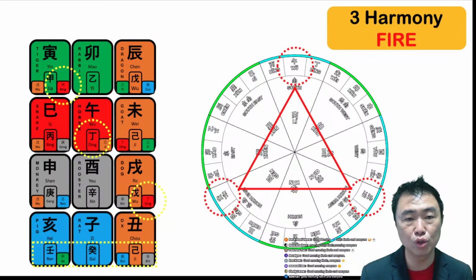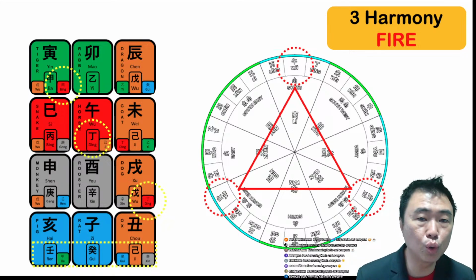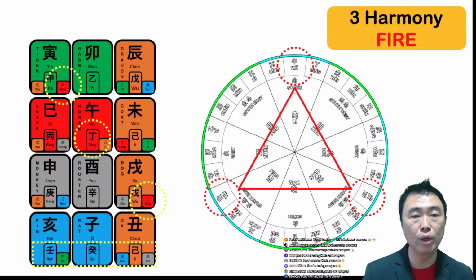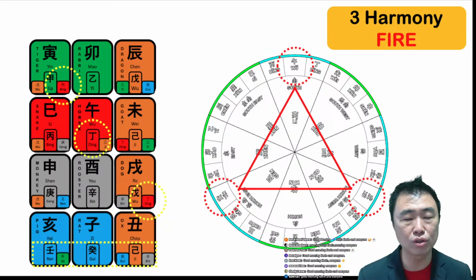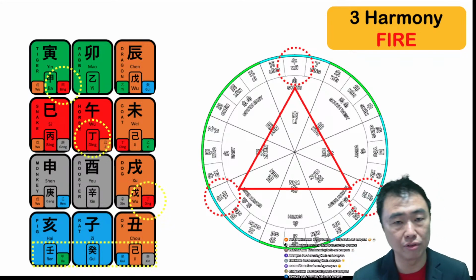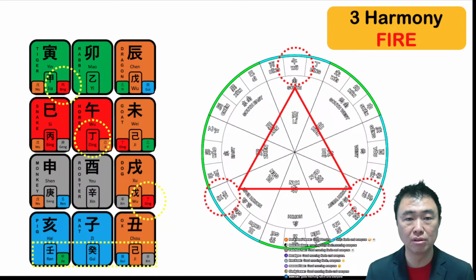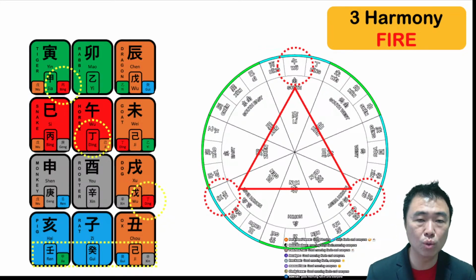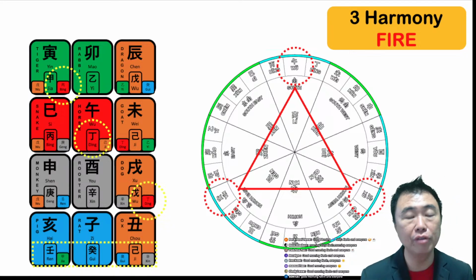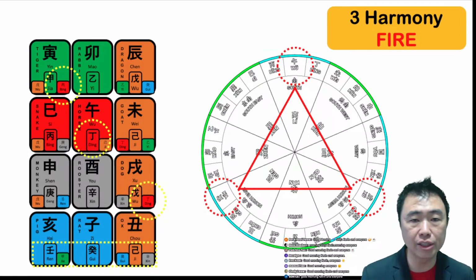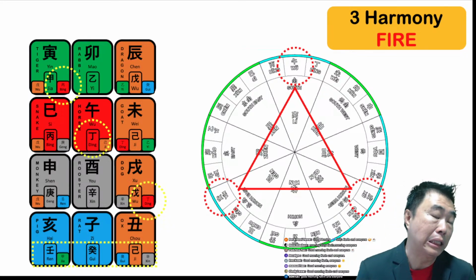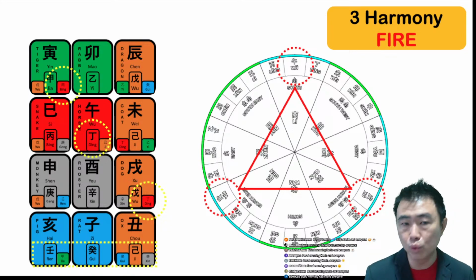Right, so this is three energies coming together to ensure that you can get things done. When you want to do things, there are a lot of resources required, and a lot of people required. When you are on a three harmony frame, you have that different level of assistance happening. So that's what three harmony is: multiple directional help coming in to assist you in the things that you are doing. But if you are not doing anything, multiple directional assistance is also no use. If you are blur and don't know what the hell you are doing, it's also no use.